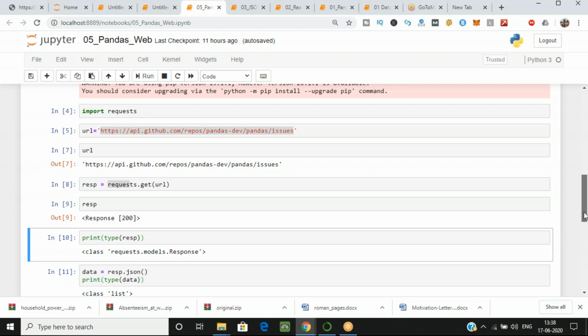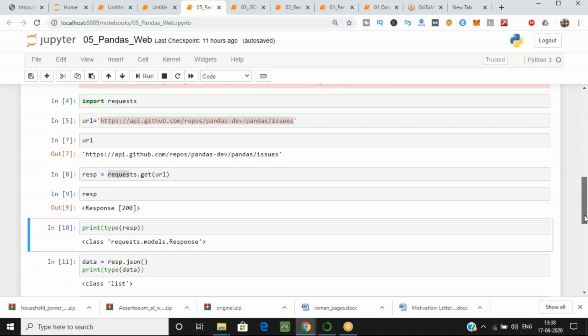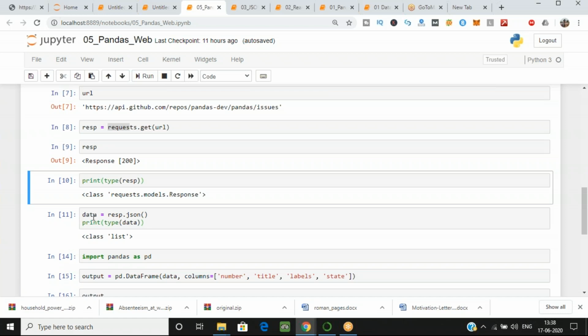Now what I want to do is read the JSON, because we have JSON data. I have to convert this JSON data into a data frame, and I don't want to include every column, only some limited columns. So how can we do that?